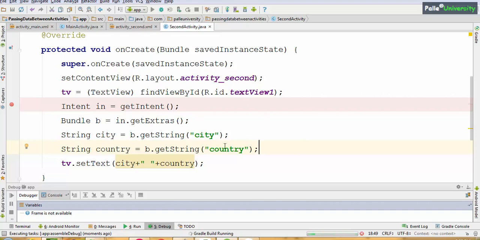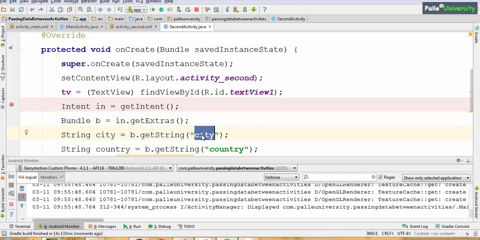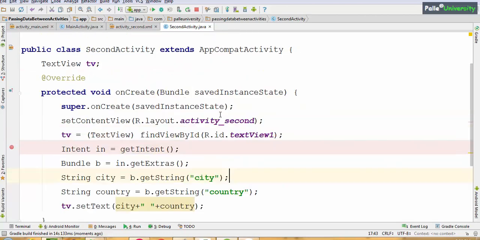Here the person whoever is receiving the data, he should remember two important points. To receive any type of data, two things are important: the key name, exact key name, and the data type. Because based on the data type only you will understand whether to use get string or get int. Similarly we will read into corresponding data type variable. Only these two things are important. That means if you want to receive any type of data, first you have to consult the person who is sending the data. You should ask him what is the key and what is the data type. Without these two things you cannot receive data from other activities.